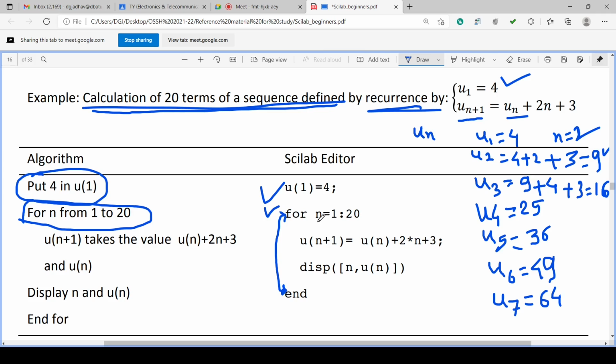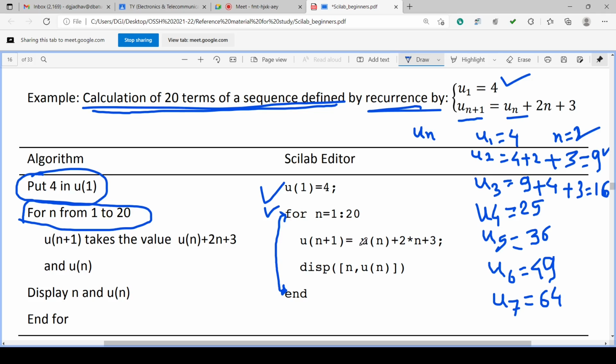For n equal to 1 to 20, u of n plus 1 equals. This is a new term, n plus 1. What is n now? N is 1, and u of 1 is already defined. N starts from 1 and ends at 20; n is a variable. So u of n plus 1 means u of 1 plus 1, so it is u of 2.